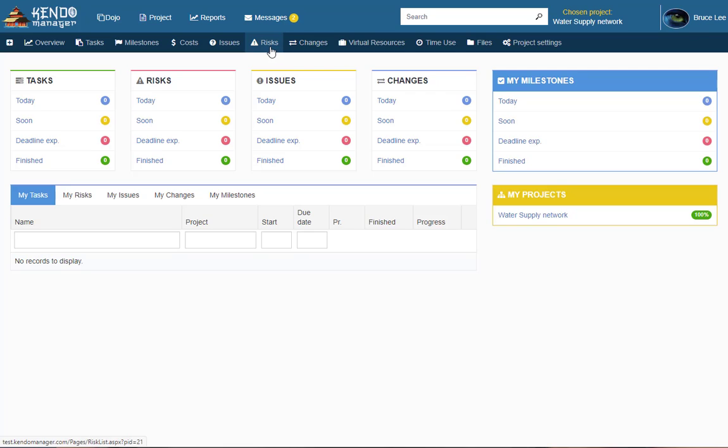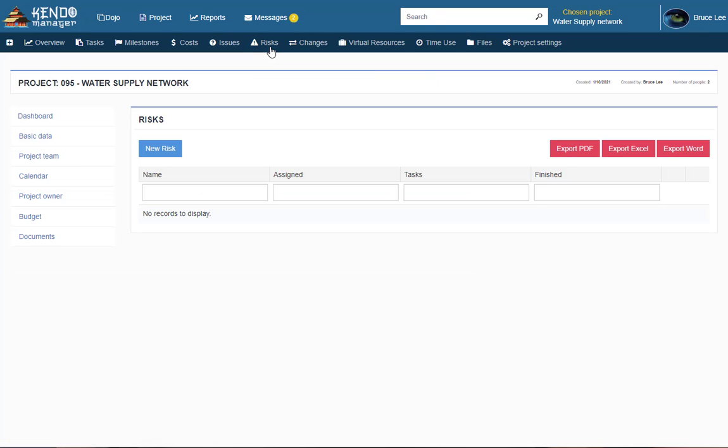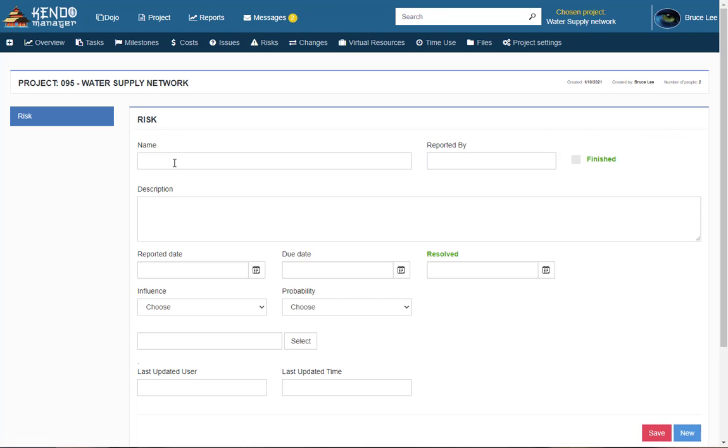With the risks option in Kanban Manager, you can track the risks that occur within the project. We click on risks and then on the new risk. We enter the name, the name of the person who reported the risk, the description,